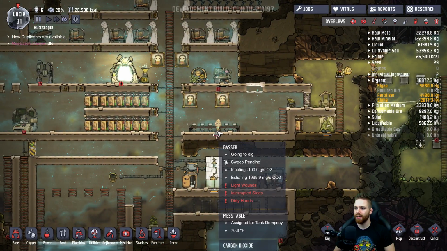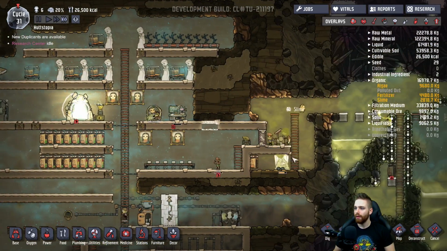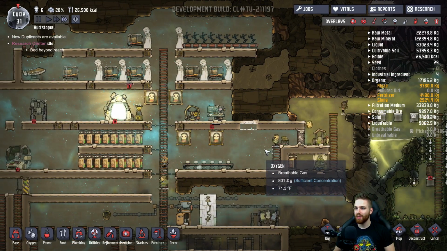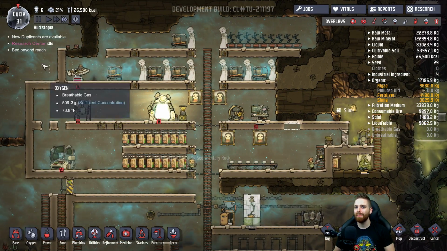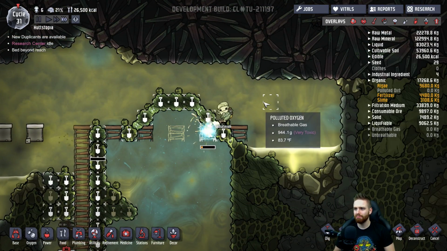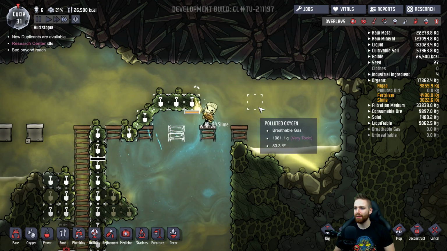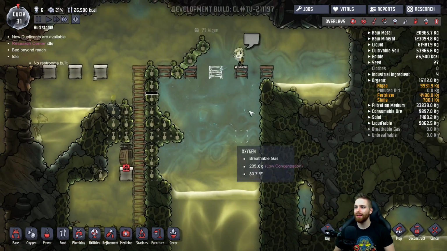He's got a sweep task on him. That doesn't even make sense. Somebody wants to sweep him up. Hear that, bastard? Someone wants to sweep you off your feet. Bed beyond reach, for whatever. No, you're fine. Let me tell you how fine you are. If you drop down into that pit of doom...